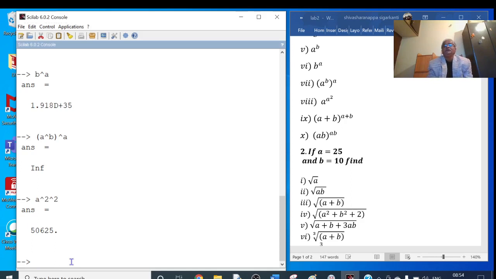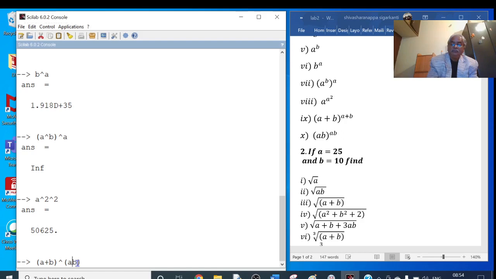Next, A plus B to the power of A plus B. So for that I have to put a bracket here for A plus B for the base. A plus B, close the bracket, to the power of, that is cap, to the power of A plus B. Again I have to put a bracket here, bracket of A plus B. We have to put the bracket here.